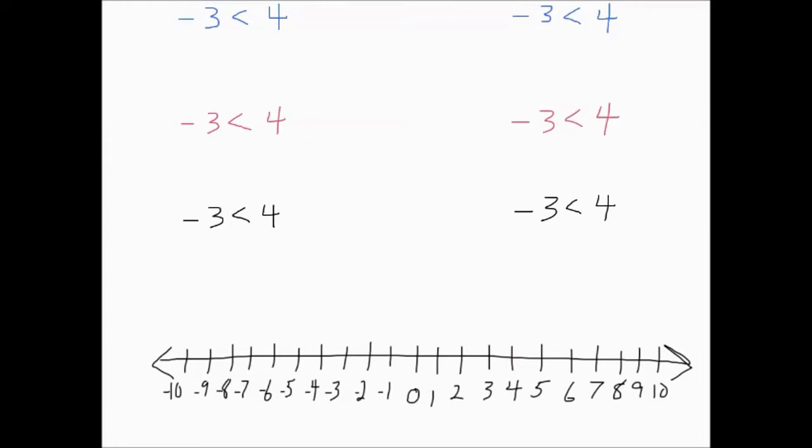And now what I'm going to do is I'm just going to do some things to both sides of the inequality. Let's say I wanted to add 2 to both sides of this inequality. Why do I want to do that? I just want to. Nothing is going to cancel here because I'm not using the same numbers. So nothing is going to cancel, and I don't have to do this. I just want to do it, and I want to see what happens. So I'll add 2 to both sides,